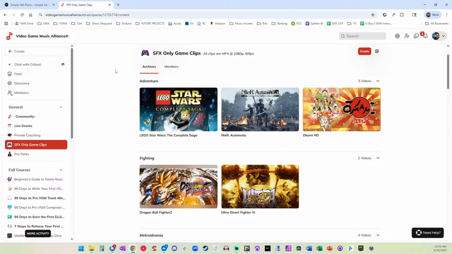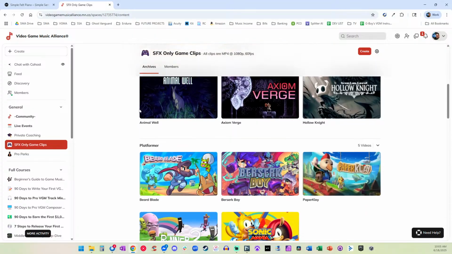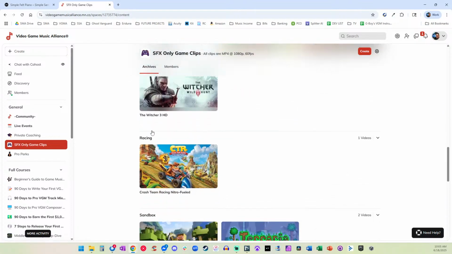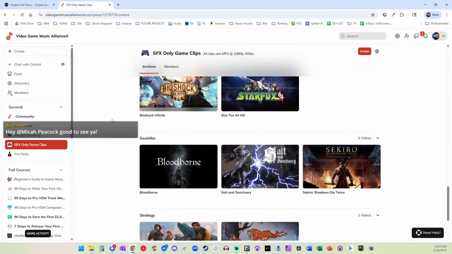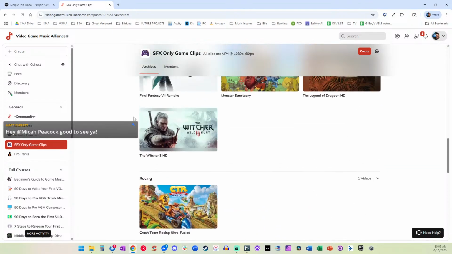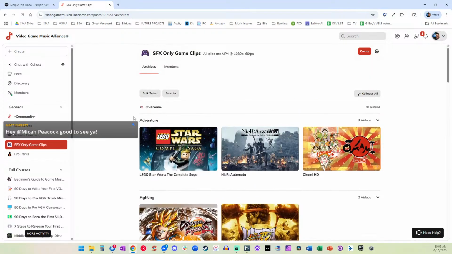These are games from my library that I've been capturing at 1080p, 60 frames, and it's about 30-ish games at the moment, and the list is growing each week. The goal is to represent all the major game genres. Obviously, this is not a representation of every game ever, but the goal is maybe to get this to 100 strong and beyond, of the greatest hits in video game history.